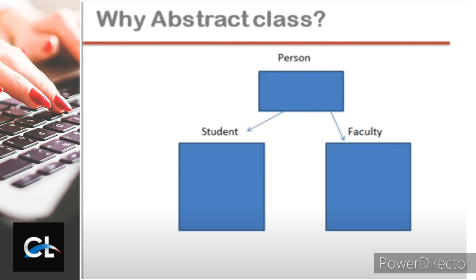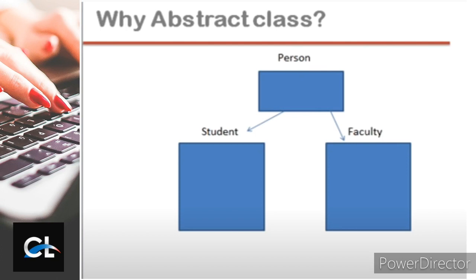So if I use the concept of this abstract class, we'll use it for two purposes. First one, we'll get the security there, because separately if we declare them under the student and under the faculty, it will take more space, more time, and regarding security purpose, we are unable to create object of abstract class. So if I declare this method under the person, no one can edit it apart from the programmer. So this is the use of abstract class.